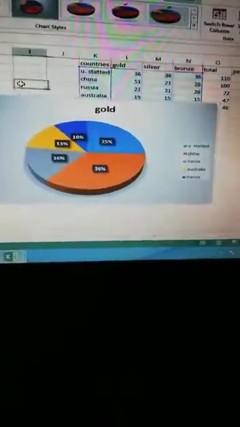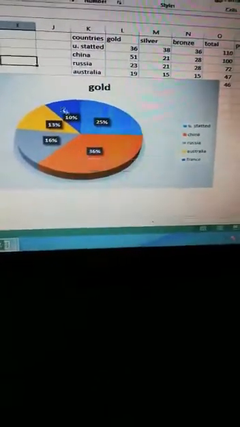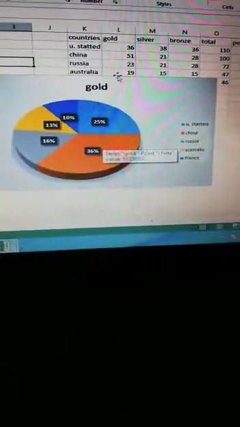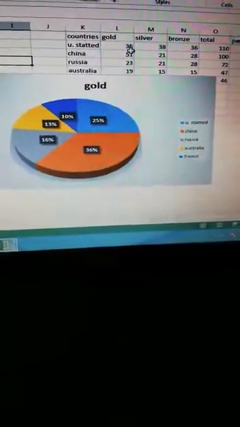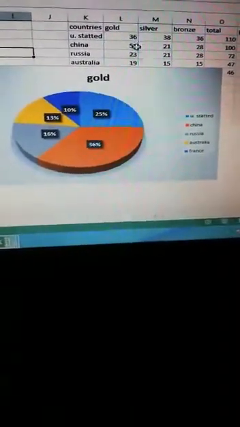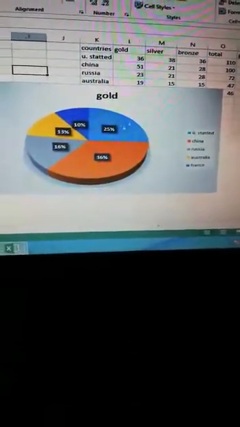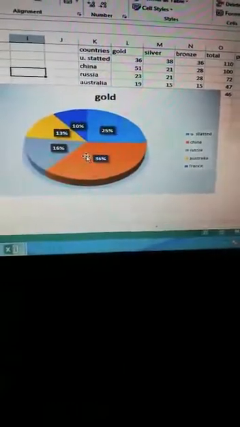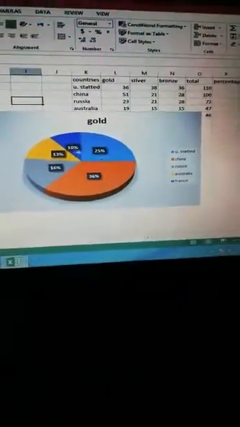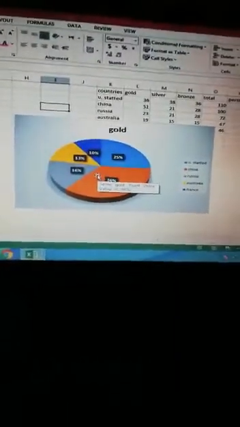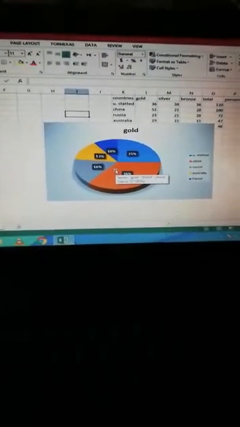Look, this is the pie chart already inserted. When you insert anything, any shape, its design tools and format automatically appear. So whatever type of format I want, I can format it. These are some different types of format, so you can use them according to your need. So here we inserted our pie chart, and automatically the percentages appear.